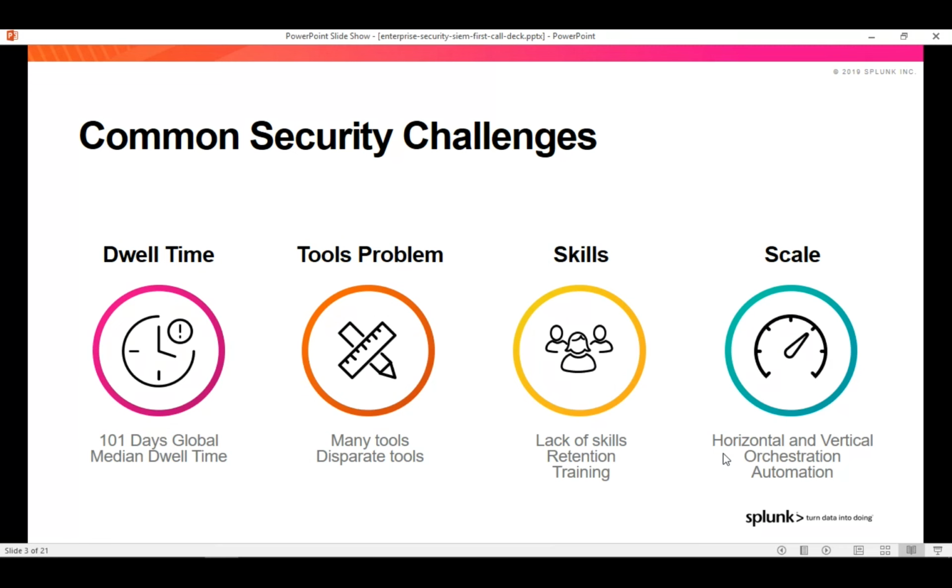The common security challenges that I believe everyone faces nowadays when it comes to SOC solutions or security operations are the following. First, the dwell time. As you can see, the average dwell time is 101 days. Dwell time is the interval of time between the first indication that you see of an attack in your network